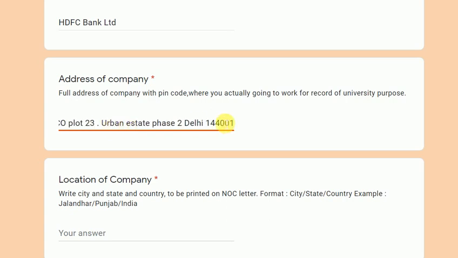So write the full address with the pin code, because during the summer internship someone can come to your company to visit you at your place. This address will not be pasted onto your company detail form, but you need to mention it